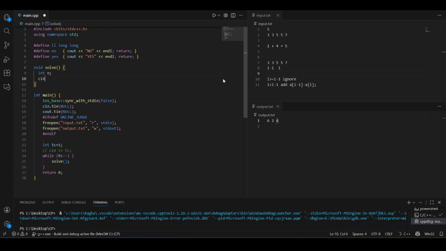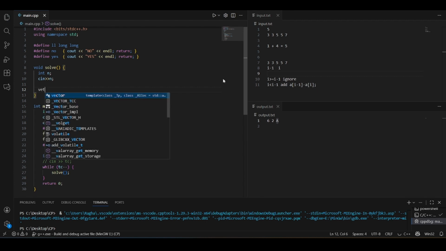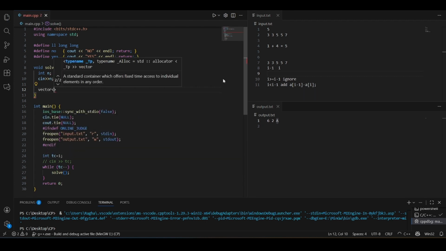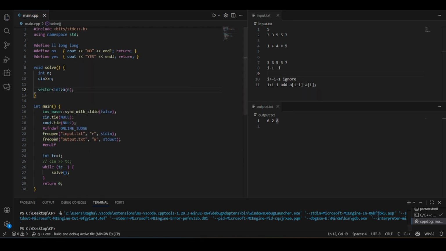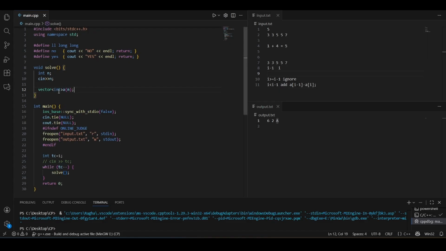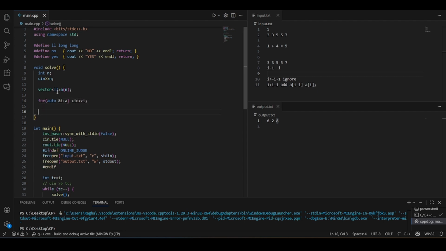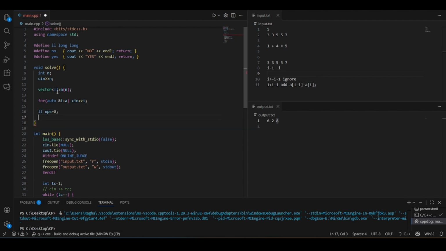First we will take the input, let me take input in an array. Since x can be as large as 10 to the power 9, we will prefer to take long here. Then for auto I in A, cin I, and long operations required. Currently the operations is 0, and for int I equals 1, I less than n, I plus plus,